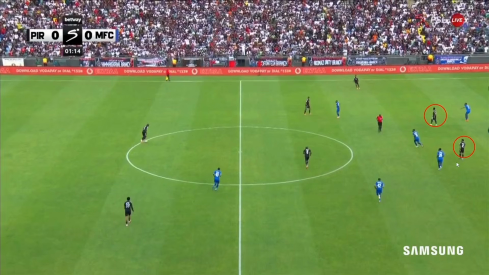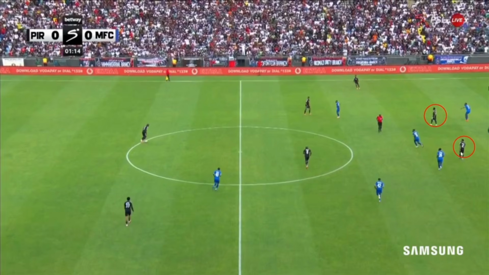And from reading the formation, Pirates started with 4-2-3-1 with Mofokeng behind the striker, which was Mbuthuma. But straight away you can see that there's a rotation. If you check the time, this is 1 minute into the game and already the rotation has started. So we have Mofokeng, who's playing narrow in the left hand half space,